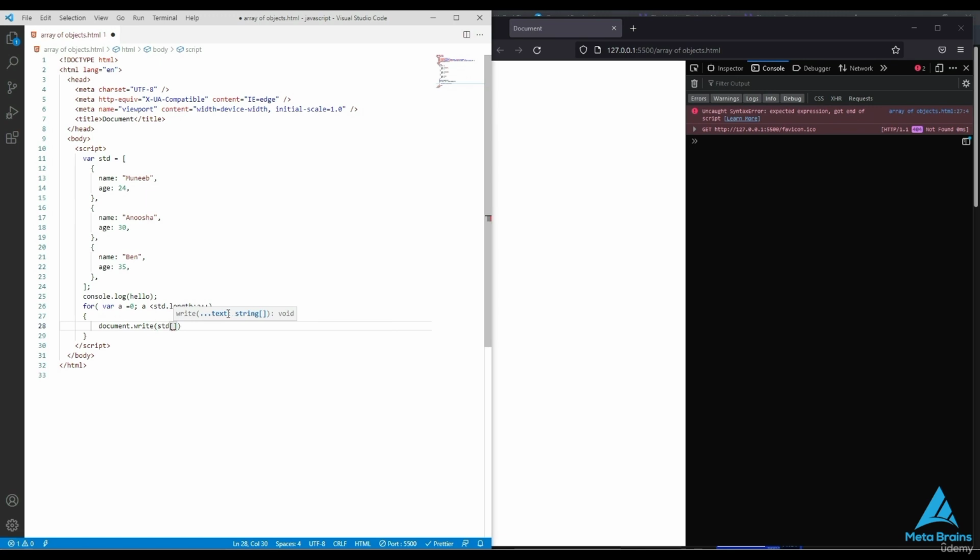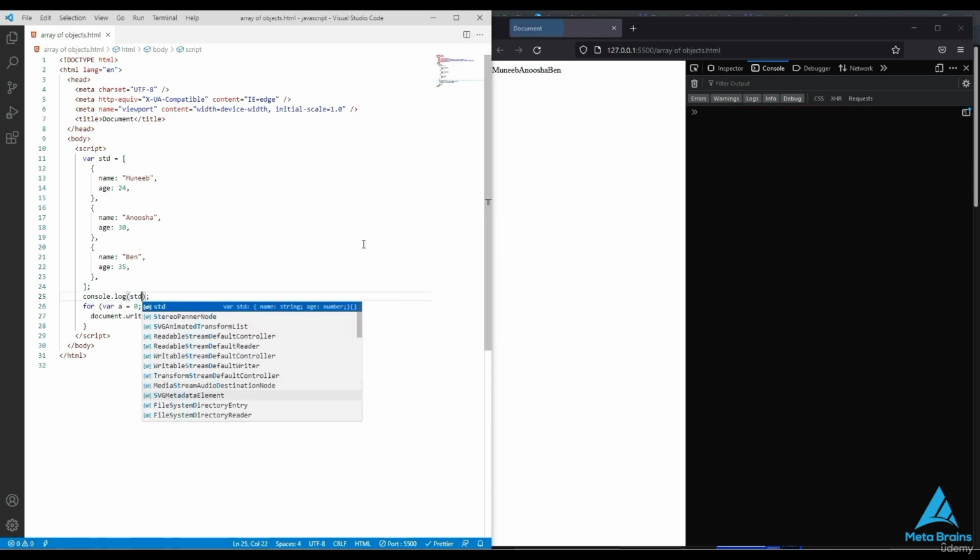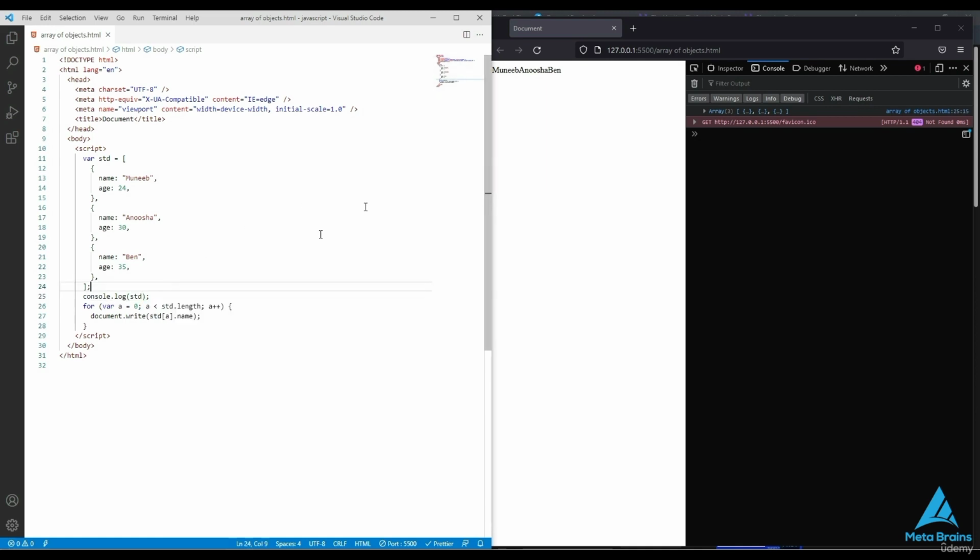Alright, so I want to display this array using a loop. The variable I made in the loop was with the name of A, and after A I wanted to print the names which I used. So I wrote the dot name, I saved it. It's showing an error because I did not replace the hello with std. So now I've corrected it, I save it,